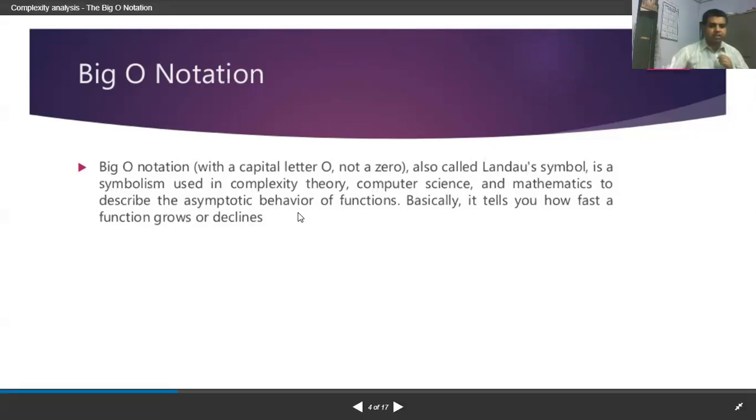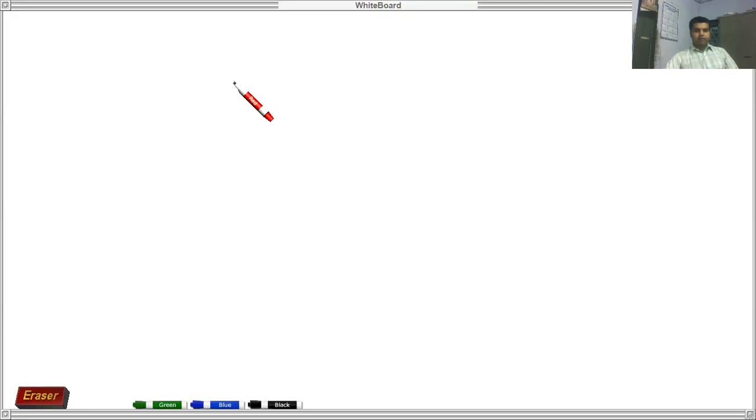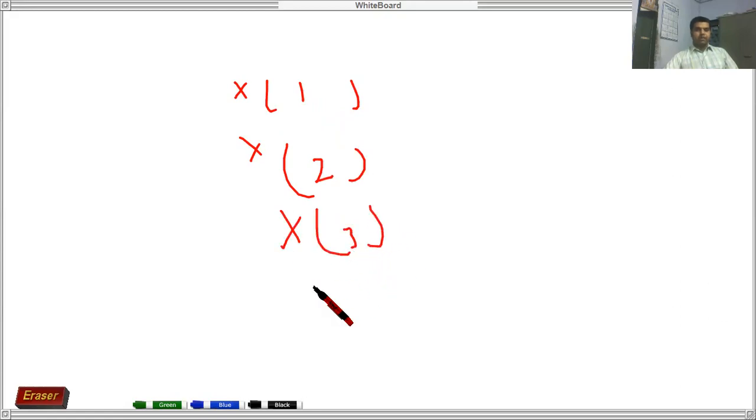If you remember the recursive function, the recursion technique which was taught in class 11, let me just show this. In the recursive function, what happens, suppose x is that process, passing the value 1, then again x is the process passing the value 2, x is the process passing the value 3. So what happened, once this process is performed, then it reflects back on the value 2, and then it reflects back on the value 1.